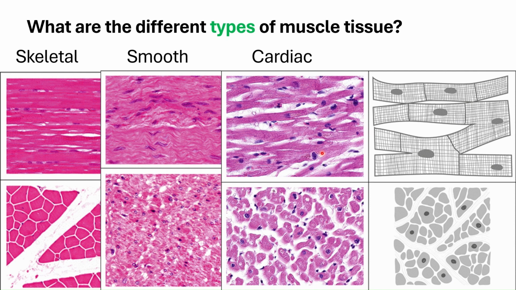First, it is involuntary, because of course you cannot really control when your heart will pump, right? These fibers are shorter than your skeletal muscle, and the key feature is that the muscle cells of your cardiac tissue are branching in nature. It is branched. So it is the only type of muscle tissue that has a branching shape. But like your skeletal muscle tissue, it is also striated. Again, the only non-striated type of muscle tissue is your smooth muscle tissue. But even if it's striated, it is still controlled involuntarily.